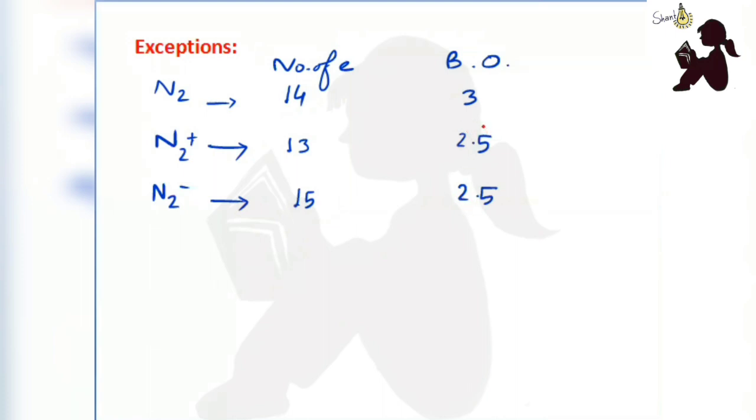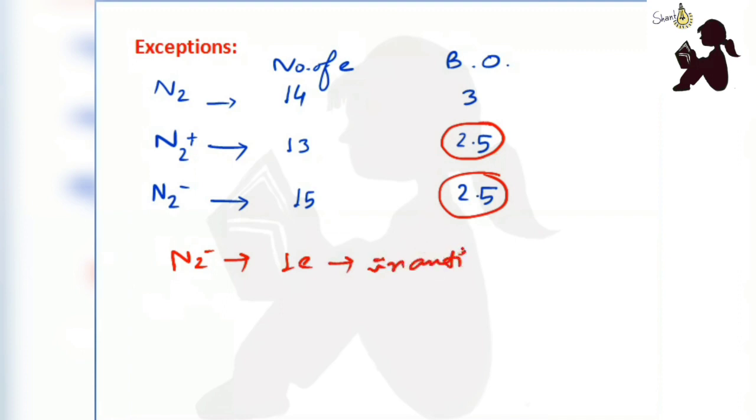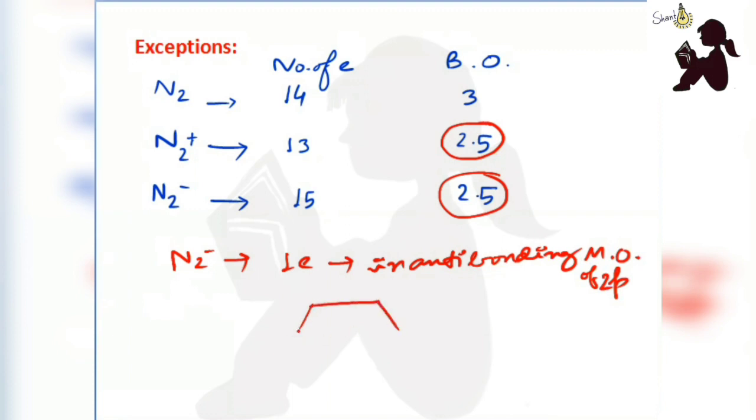Now for N2 plus and N2 minus, their bond orders are the same. So how are we gonna write its bond order series then? That is, in N2 minus, there is one electron in the anti-bonding molecular orbital of 2p. So what is that? That is, if we draw the molecular orbital of